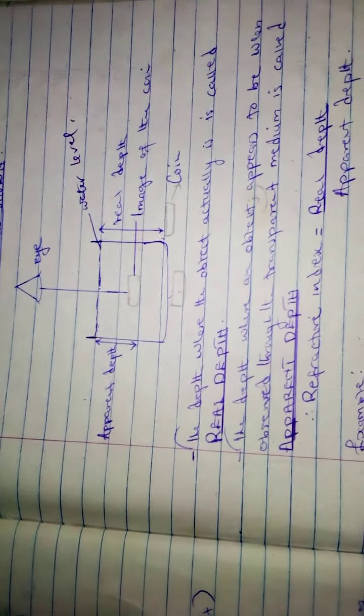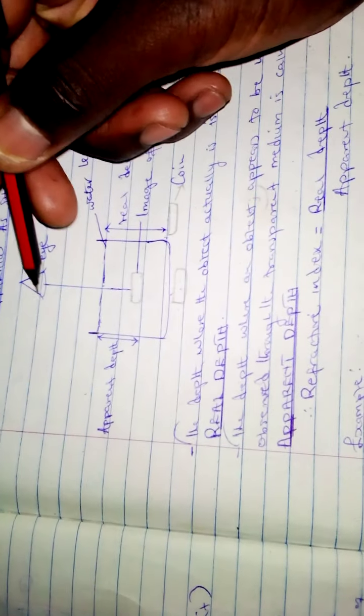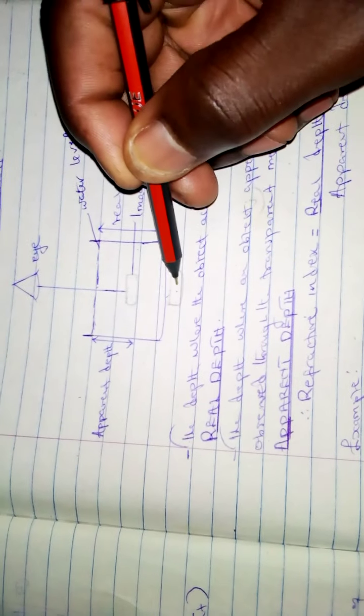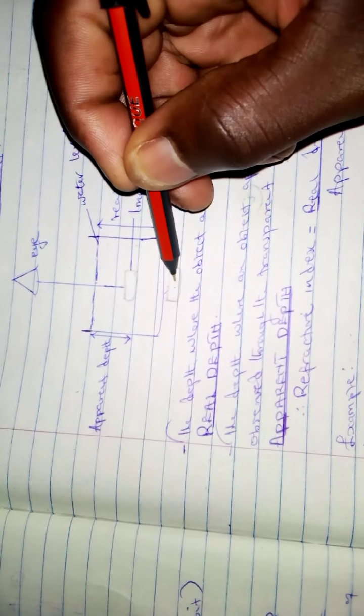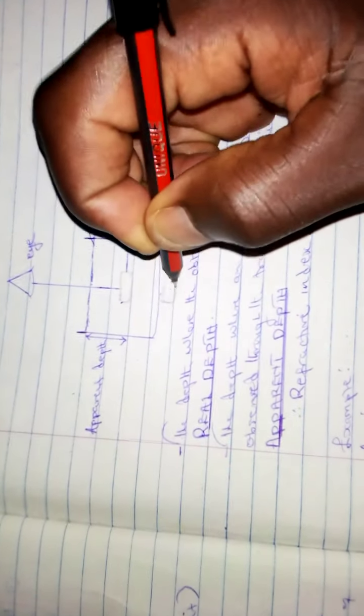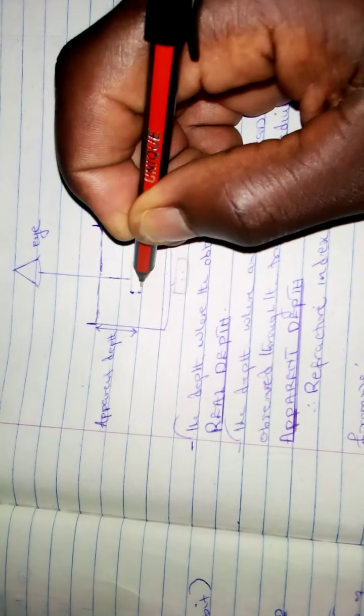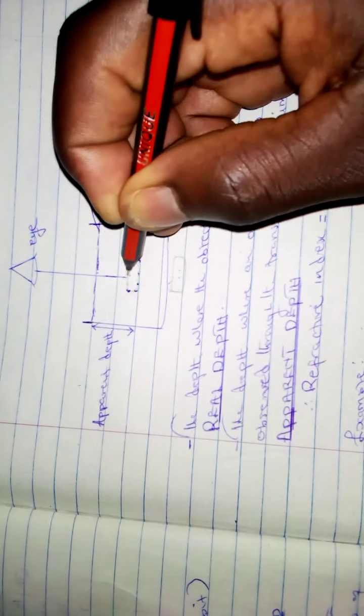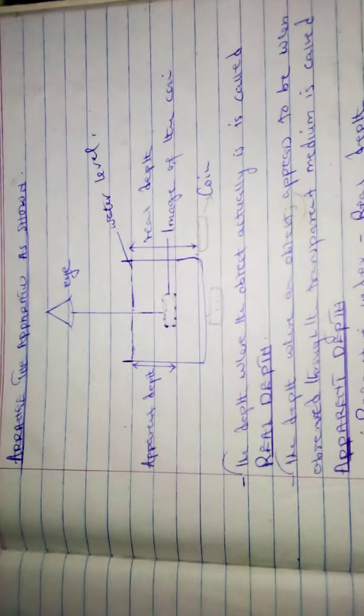The way the procedure is done is your duty is to look at the coin that is under the beaker or at the bottom. You look at where it appears in water. So there's water inside here. You realize that the image of this coin will appear a little bit above. So this could be the image. So the duty that you have is to put a mark at the point where you see